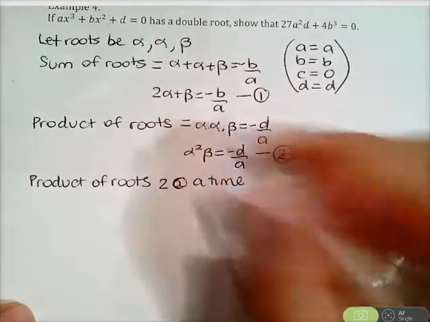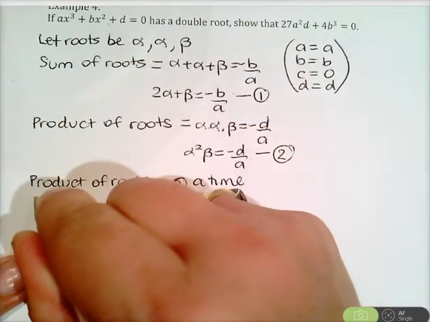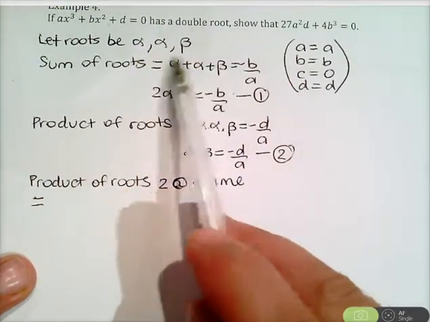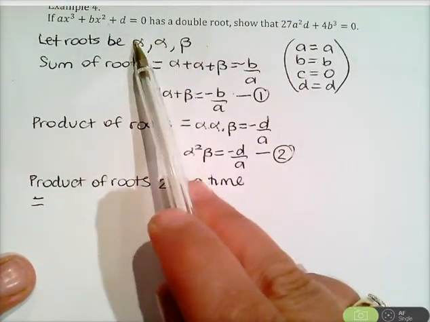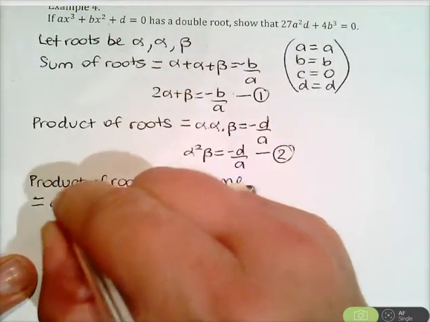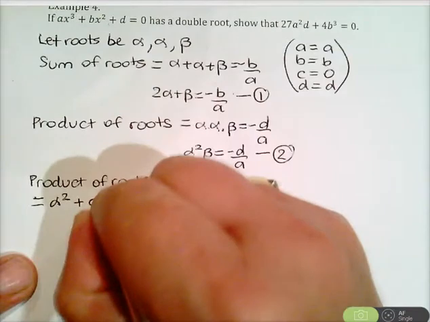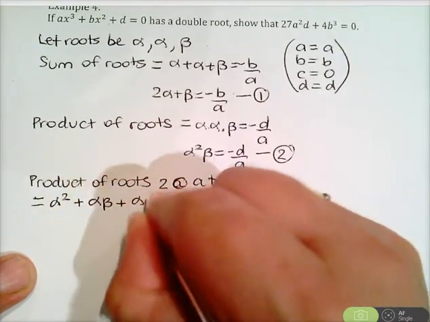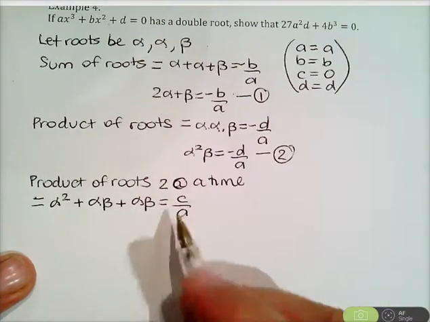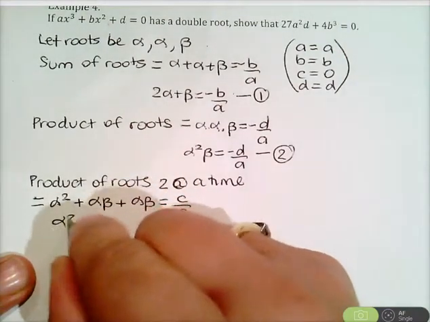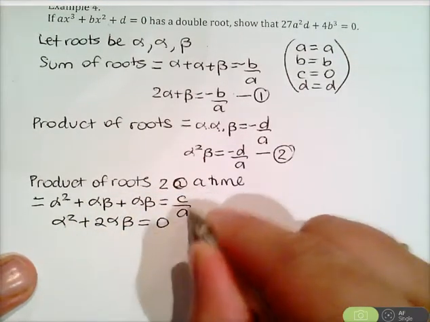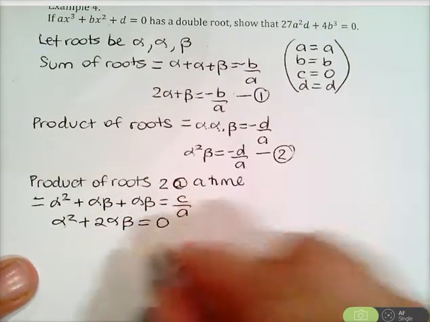Now we know that that is equal to, if our roots are alpha, alpha, beta, alpha times alpha plus alpha times beta plus alpha times beta. So that would be alpha squared plus alpha times beta plus alpha times beta equals c on a. Now this is good because c is equal to 0. So we've got that alpha squared plus 2 alpha beta equals 0,